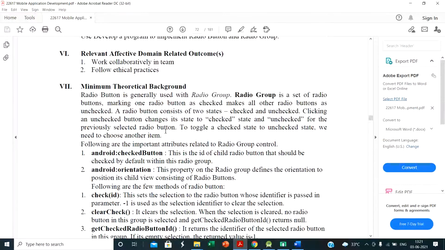Okay, here some theoretical background is given. A radio button is generally used with a radio group. A radio group is a set of radio buttons, making one radio button checked and all other radio buttons unchecked. The simple meaning is we can select only one radio button. Where do we use it? Like in a form, sometimes gender, student, branch. That time we use the radio button because we only select a single option from the given